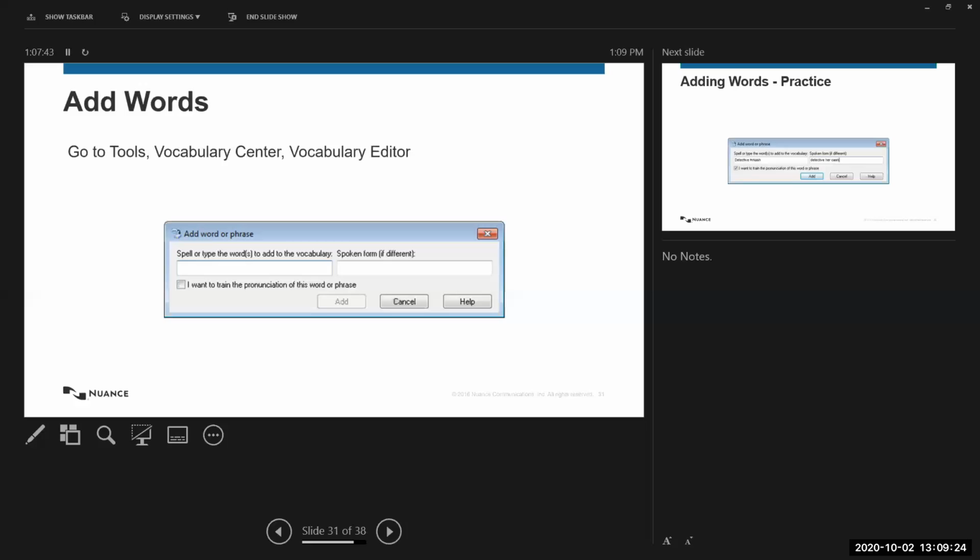So I want to train that word. I want to tell Dragon how I say that word. So click on, I want to train the pronunciation of the word or phrase. Click on add. And I say the word poutines. And I click on save. When I do that, what happens is it records my voice in the way I say things and puts it into Dragon. Very simple. So now if I came back to my document and over here and I said